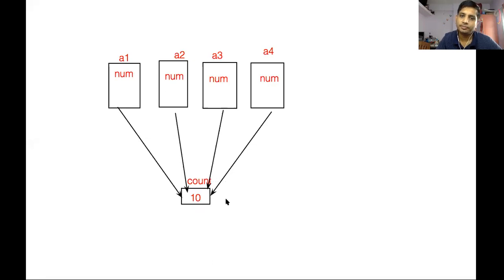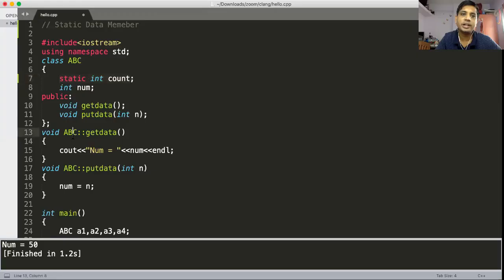Getting this point, why is there a use of the static data member? You create a static data member only to create one shared variable.